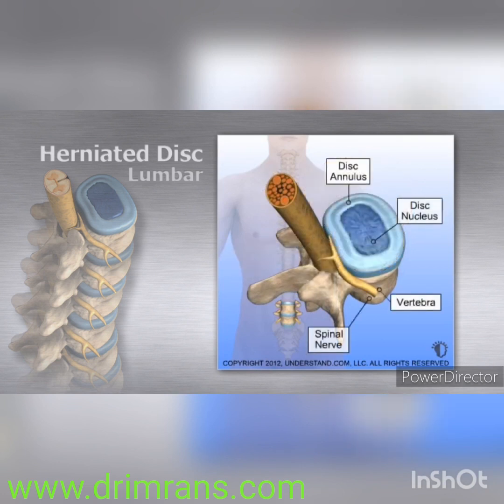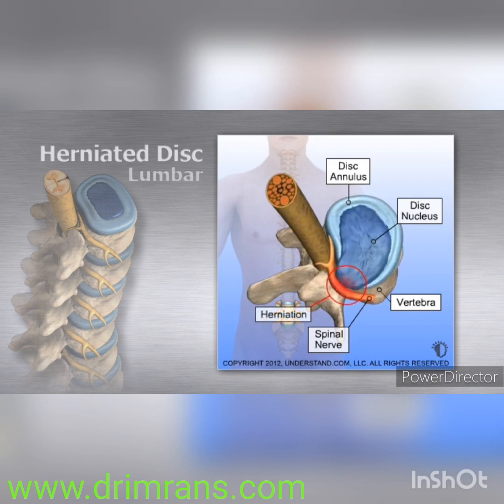Treatment: treatment options vary depending on the severity of symptoms. Conservative approaches include rest, physical therapy, and pain medications. In some cases, surgery may be necessary. Prevention: maintaining good posture, regular exercise, and proper body mechanics when lifting heavy objects can help reduce the risk of